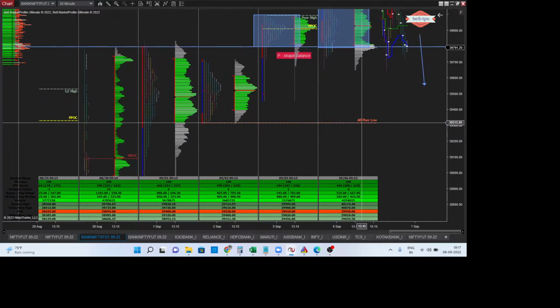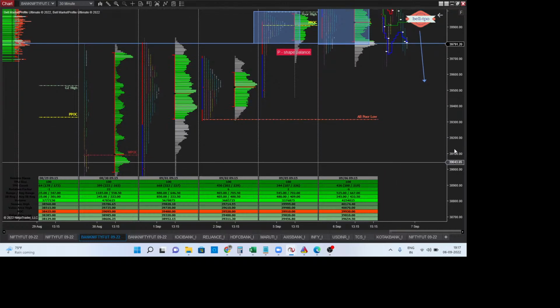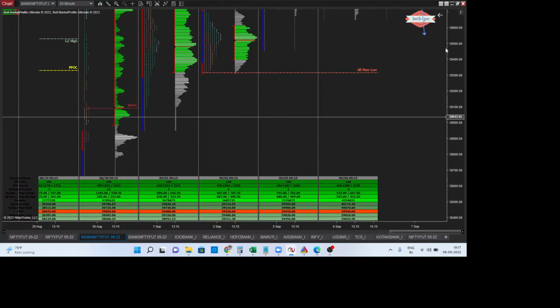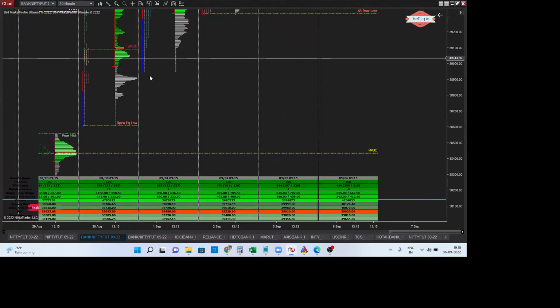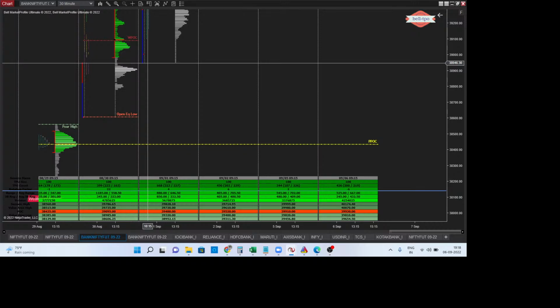The AB power low at 39,315 is the reference level, which is the very immediate target. From a very short term perspective, when I say very short term, I'm talking about this week, the chances of 39,315 happening is a pretty possible activity. Next to that, there is one more important reference level to watch out for, which is the 1st September low, that is the current month low. The current month low is coming around 38,946 levels. So these are the two important reference levels I'm considering.